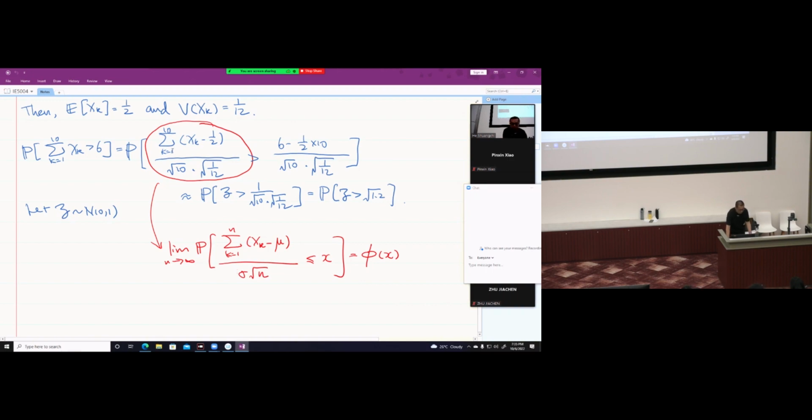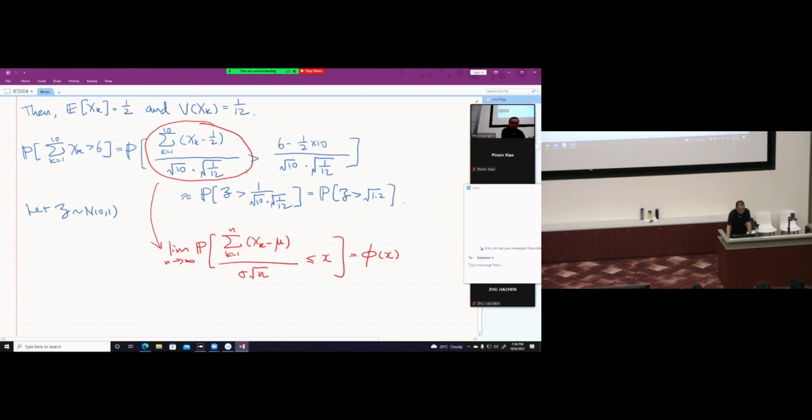So then what we can do is, for each xk, we first need to remove the expected value of that. Expected value is just 1/2, right? Take the summation over sigma, the standard deviation. Standard deviation is the square root of the variance, so the square root of 1/12. And n is 10, so square root of 10. So this is